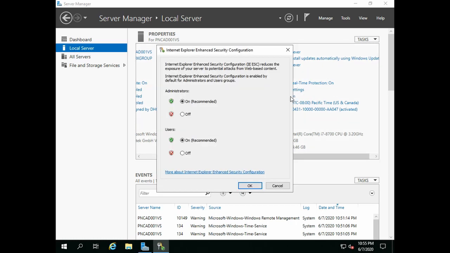IE Enhanced Security Configuration: disable for administrators only. Basically, these machines aren't going to see the internet a lot, but there are some setups that you want to do now. Windows updates, you want to make sure those run. There are some third-party applications that you might have to download. Turning it off prevents that pop-up from coming up. Once you're done, you can turn it back on. These machines should not actually see